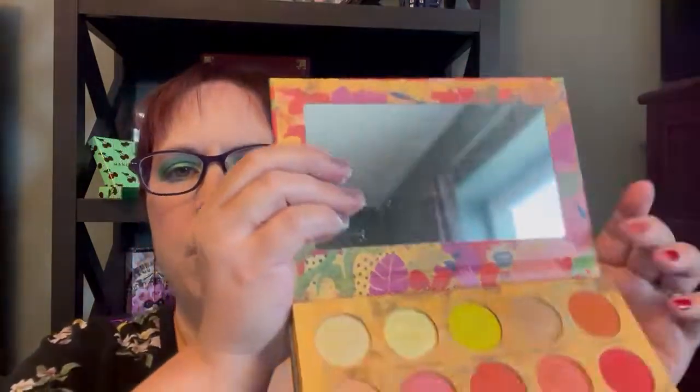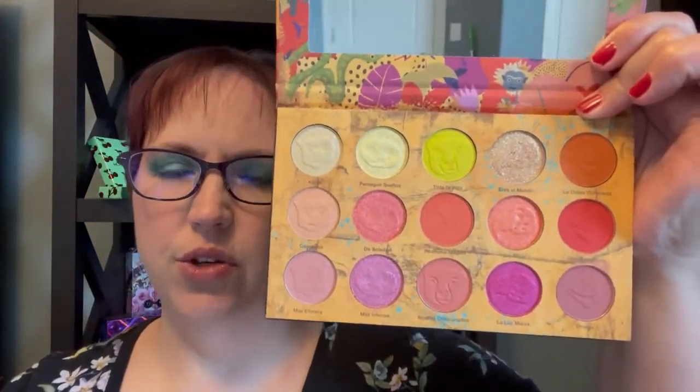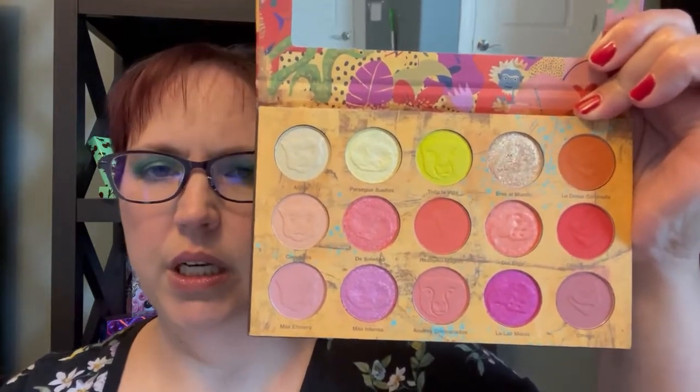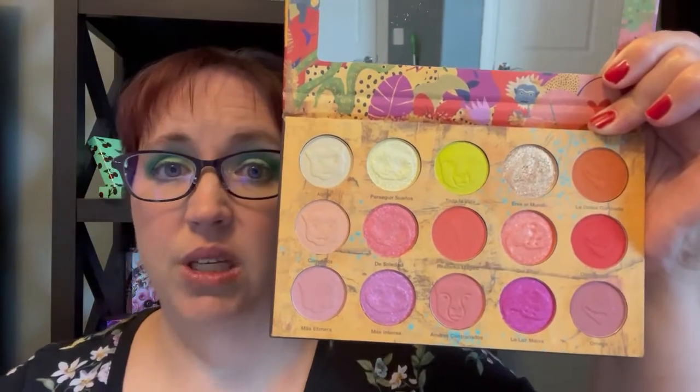Number 4. Now this is that one I couldn't pronounce at the beginning because I couldn't remember the name for sure. Cartagena Magica. Cartagena Magica. I think I said that right. Super pretty packaging. And these colors all scream summer to me. So this is the first one of theirs I actually used because when I got them, I saw these colors and I was in love. Some of these shimmers especially,